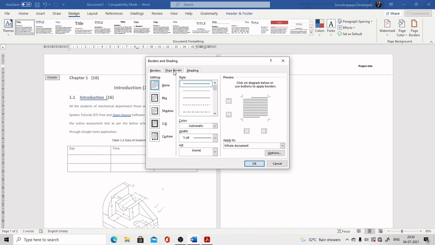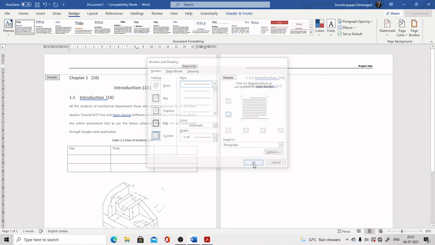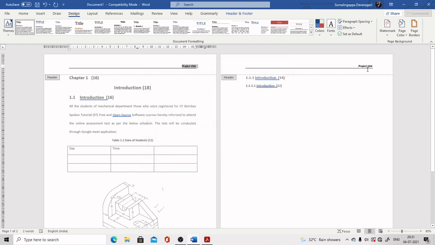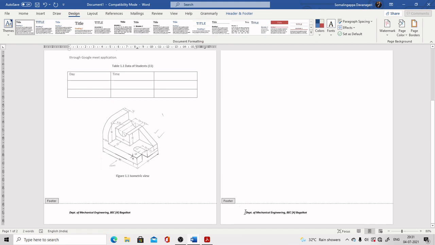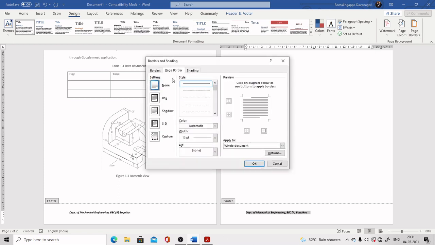Now as this line has to be repeated for the entire document, you just select the whole document and provide the bottom line here. Now you click here. Just select paragraph. Now we need a bottom line. Okay, paragraph. Now similarly, you select the footer content, go for design, select page borders, then